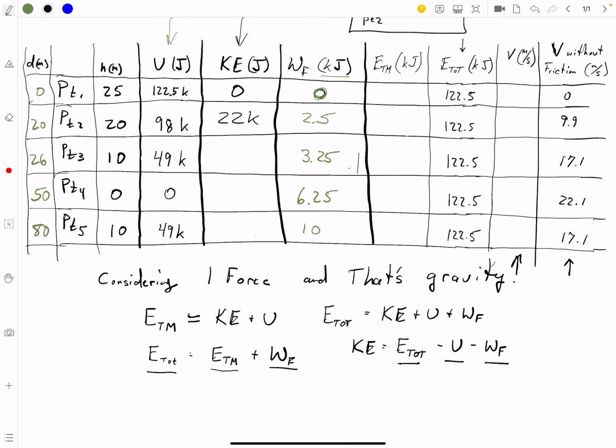Same thing goes. 122.5. This time we're going to subtract off 49. That's this. And then 3.25. We're going to subtract that, and we're left with